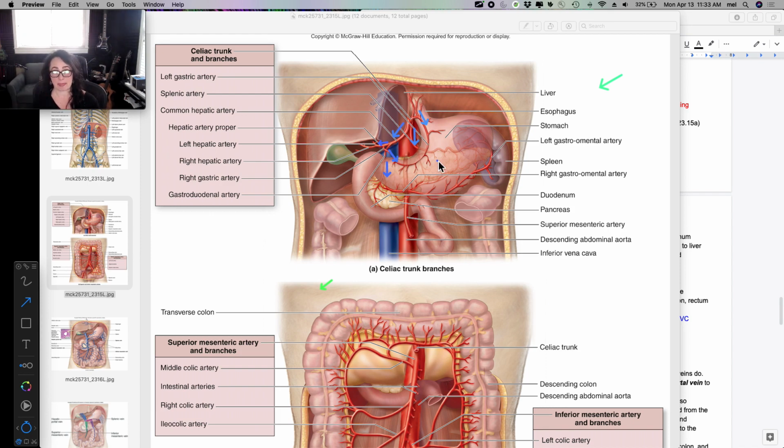Cool? Okay, so one more time through this. Ready? Okay, so celiac trunk right here will give rise to 3 big branches. This guy right here is the left gastric. This guy right here is the splenic. And this guy right here is the common hepatic artery. The common hepatic artery will then split into 3 big branches. This branch right here is the right gastric artery. This branch right here is the gastroduodenal artery. And this branch right here is the hepatic artery proper, which splits into the left and right hepatic arteries. Okay,